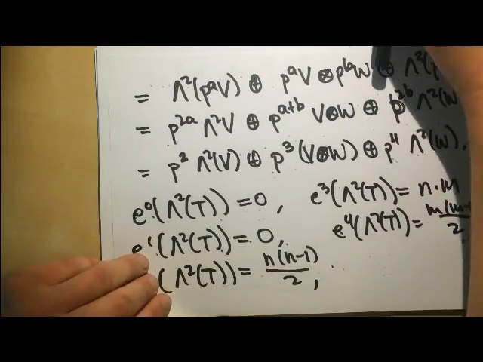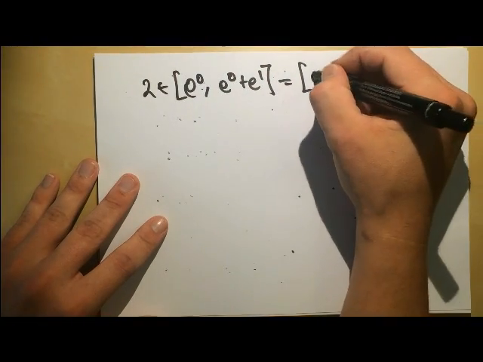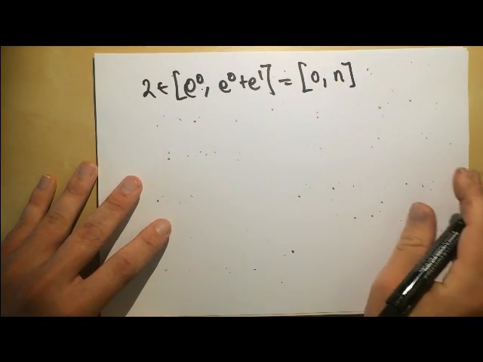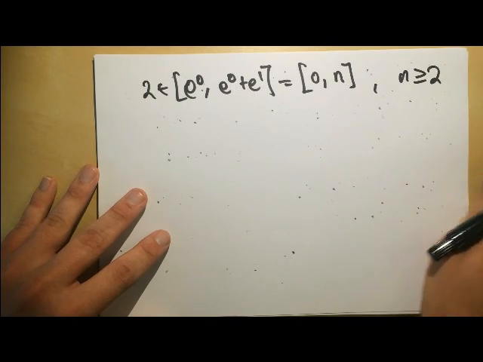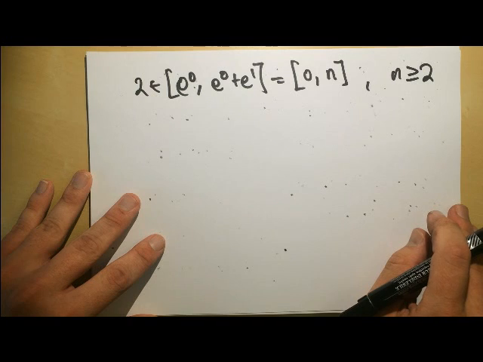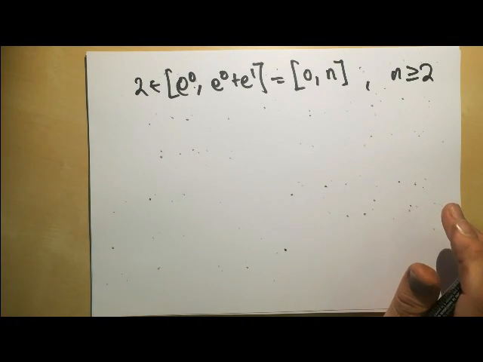So let's see, what do we have? E1 was n. So this is 0 to n. Okay, so we'll just suppose for now that n is bigger than or equal to 2, so that this makes sense. Okay, if n is bigger than or equal to 2, then